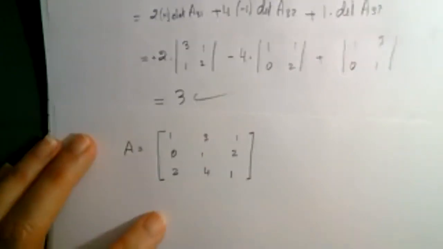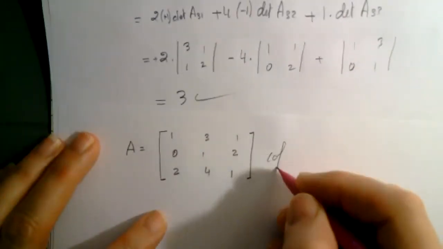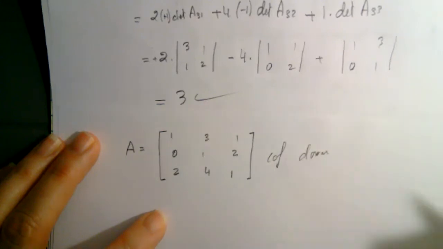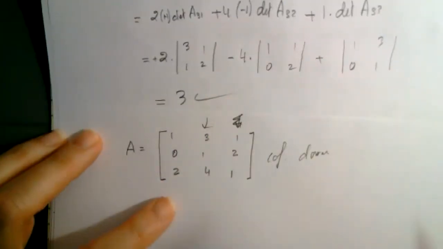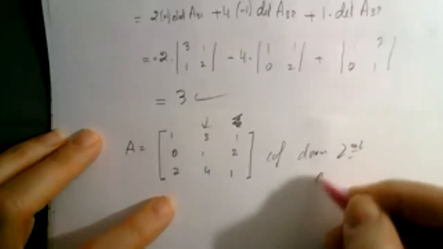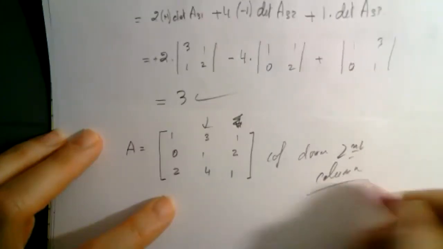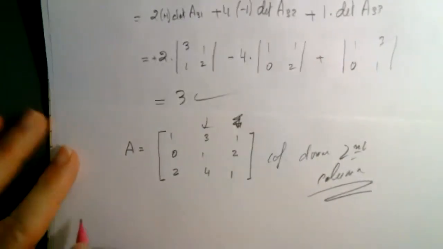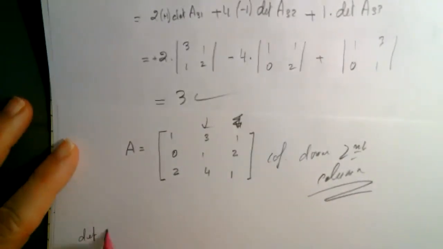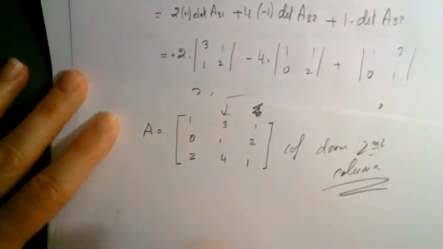And I'm going to compute the determinant by doing cofactor down. Let me pick a column this time. Let me do it down the third column. No, down the second column. Okay, so down the second column, and that's what we're going to do. All right, so how does it work down the second column? And this time I'm going to be a little bit faster than before. So determinant of A equals